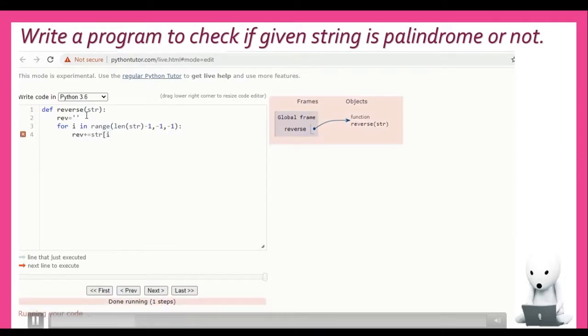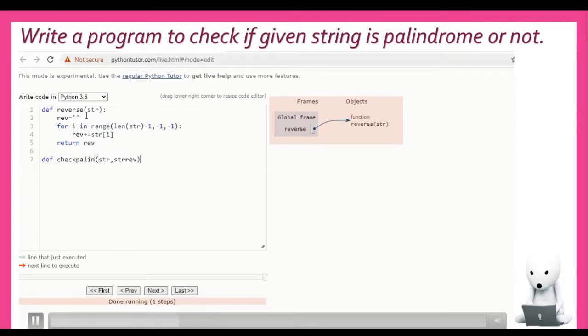Reverse plus equal to str i: the character that I am reading from the string from the backward is concatenated to the variable reverse. So we'll get the reverse of the string in the variable rev, which will be returned from this reverse function. Another function, def check palin, passing two parameters.